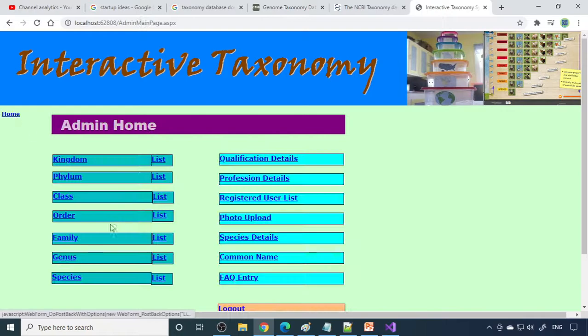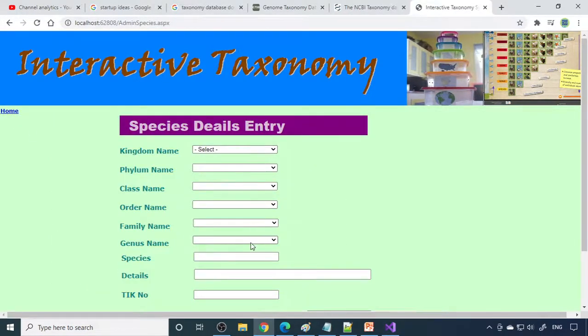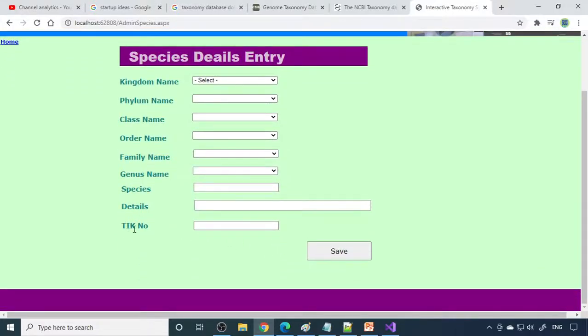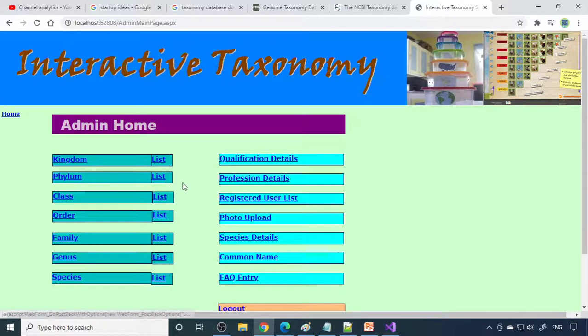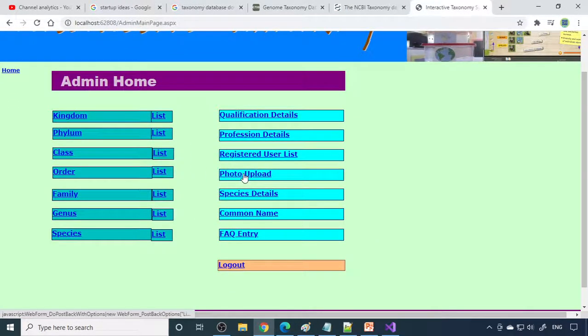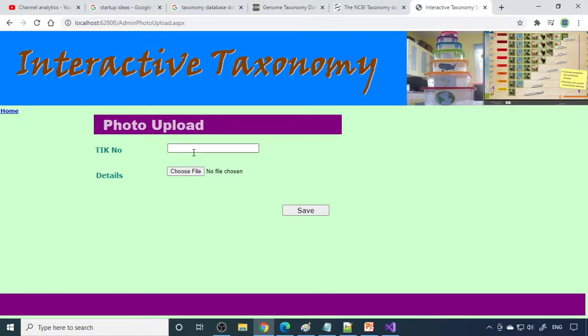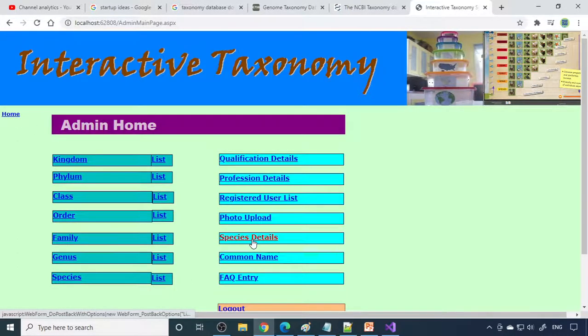Likewise, we need to keep on entering everything up to species. All the list is provided over here. And then there is a TAX number, the taxonomy index number. If you enter the index number, it is easy to identify them based on it. And here is the option to upload the photos. For the particular number, we can upload the photo here, and then we can upload the species details.